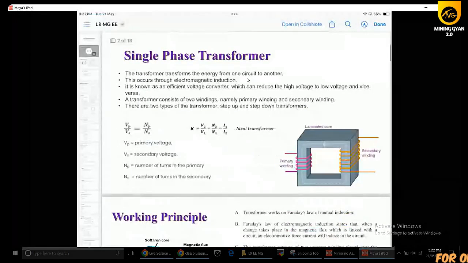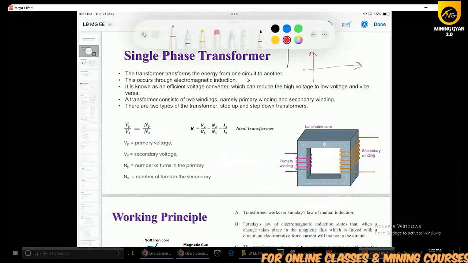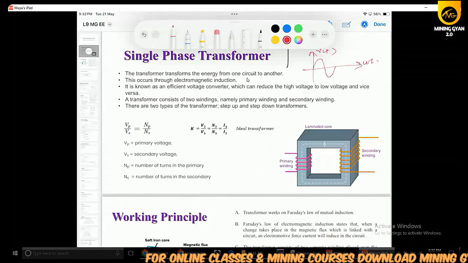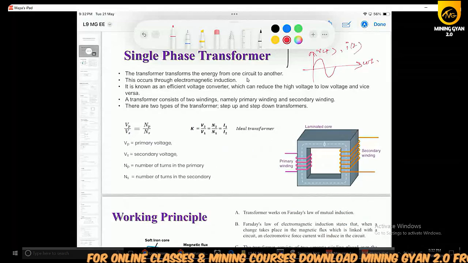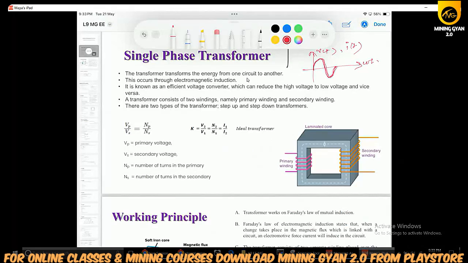Okay, so we will study single phase transformer. You already know that the single phase voltage can be shown like this. This is V of t, and with respect to omega t, the single phase voltage can be like this, or the single phase current can also be like this. Means there is one voltage with respect to ground, or there is single phase current that can flow through one branch of any given electric circuit, or that circuit will be a single phase AC circuit.